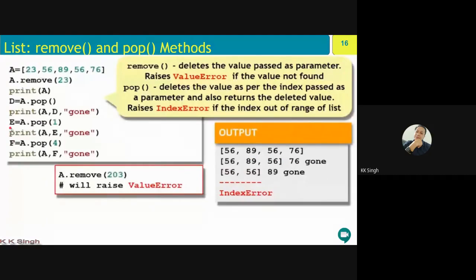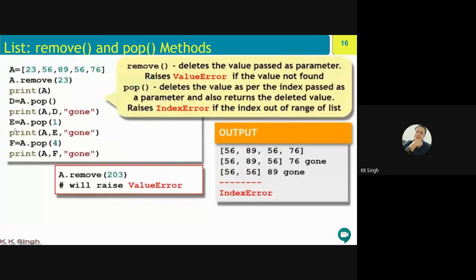Now the next example, when you say E is equal to A dot pop 1, means you are going to remove the element from index number 1. So 56 will be popped out and 56 will be stored in variable E. So when you say print A, E and gone, so it will print what? 56, 89 is removed because popped out.